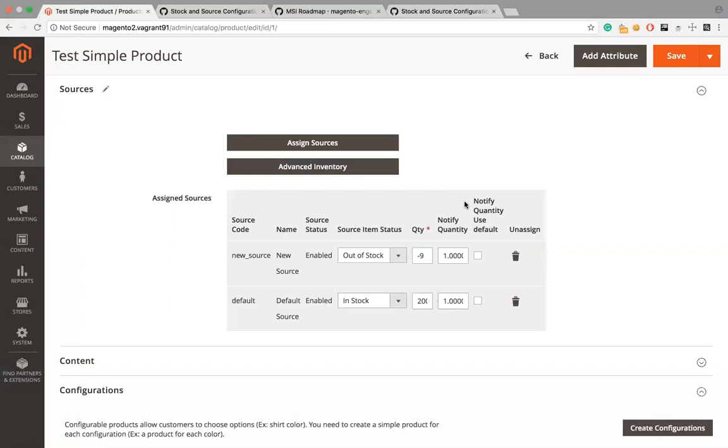The option we have is to allow backorders as an override for that product on the new source it's going to. Yes. And maintain the negative quantity that's already on the product as a part of the transfer. Yes. I mean, that seems to be the most logical way to do it. The other option is